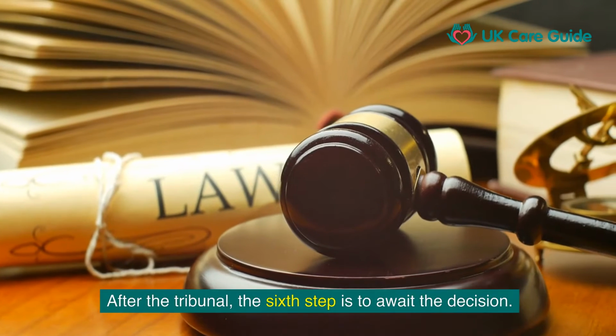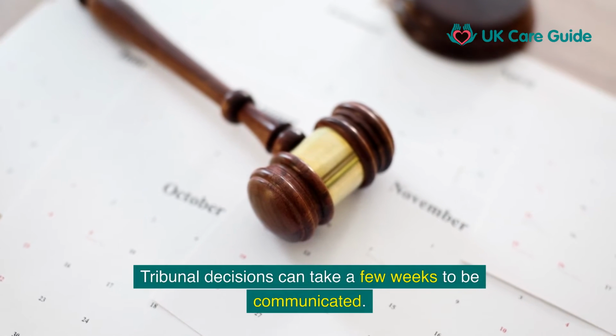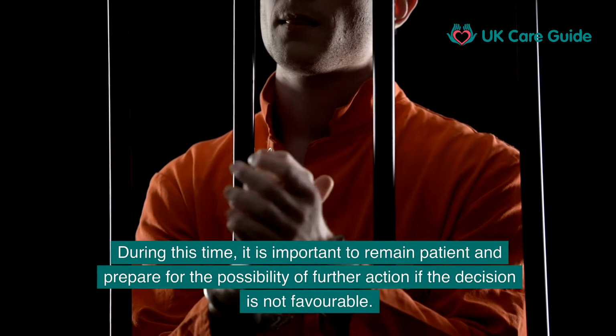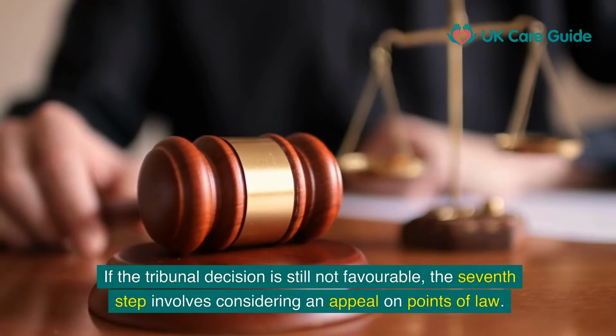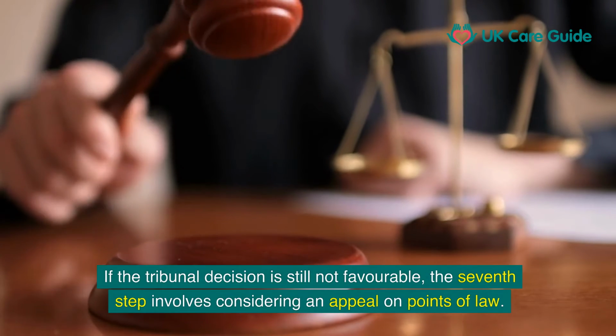After the tribunal, the sixth step is to await the decision. Tribunal decisions can take a few weeks to be communicated. During this time, it is important to remain patient and prepare for the possibility of further action if the decision is not favorable. If the tribunal decision is still not favorable, the seventh step involves considering an appeal on points